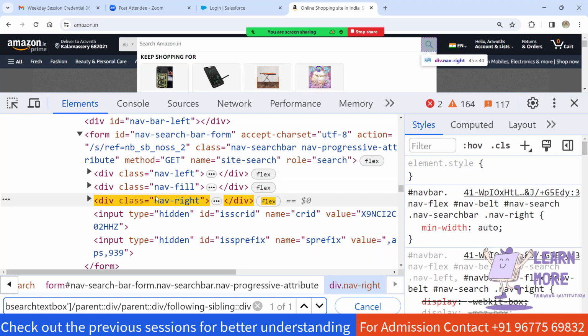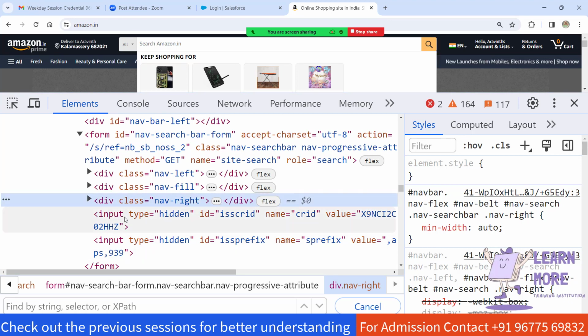Okay, so you could see we are getting the result. By this way, we need to identify, analyze, and traverse to the required node. So now, from another angle, let's say,